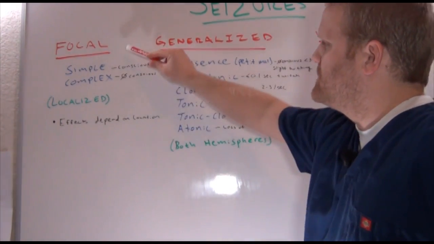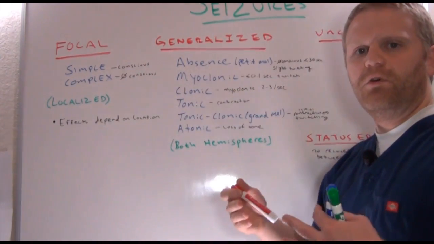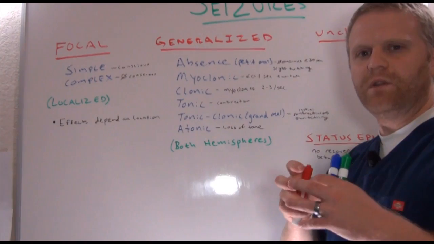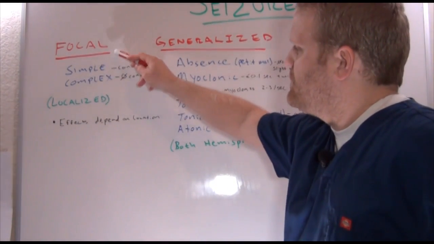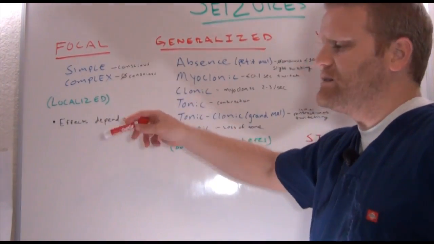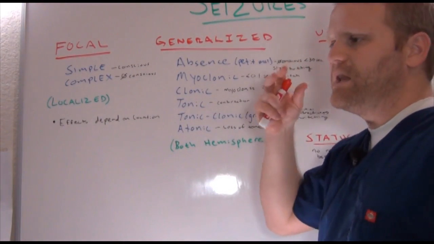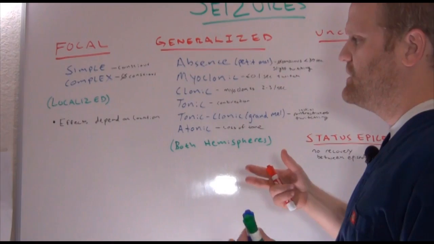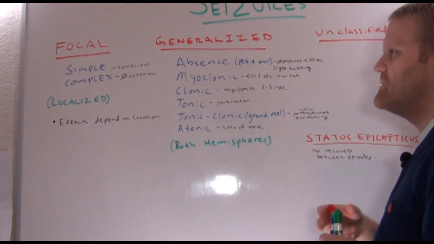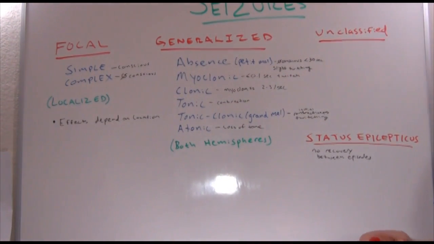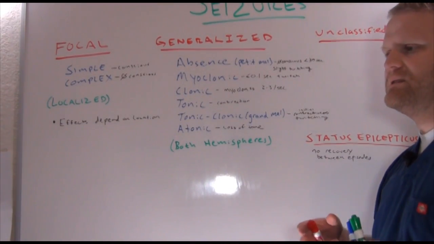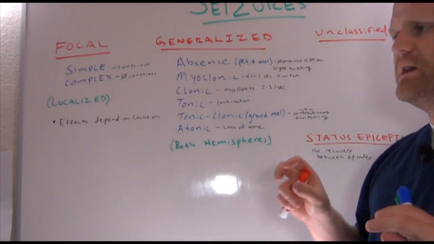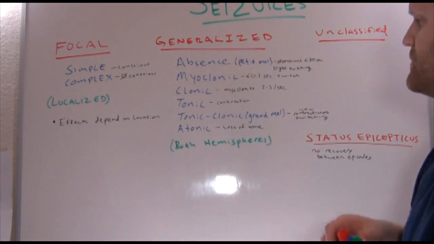So under a focal seizure, if you think focal, it means local. It means in one location. So you have our focal seizure, which is basically localized. It means one area of the brain is where this is actually occurring. Okay, so a seizure, just to be clear, is actually an abrupt, abnormal, excessive, uncontrolled discharge of neurons in the brain.